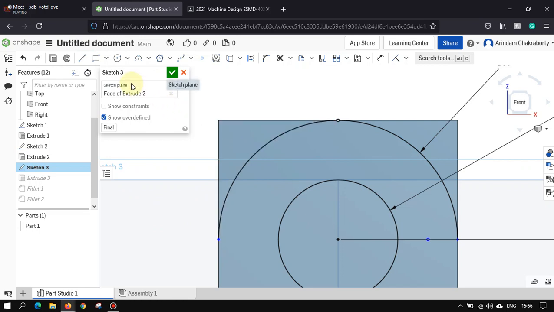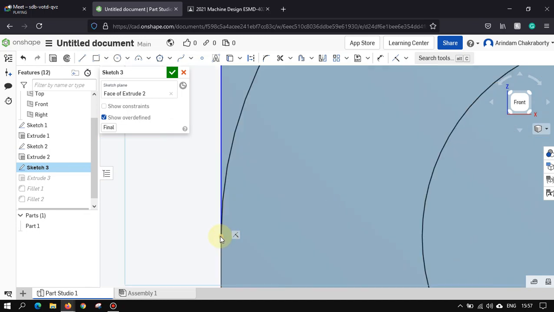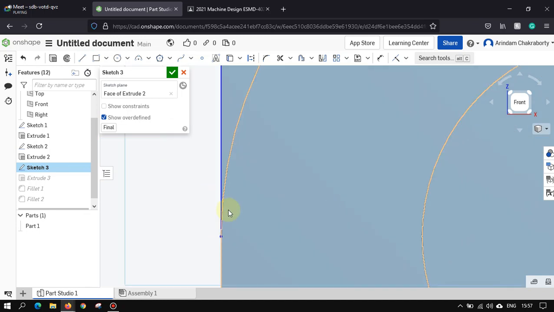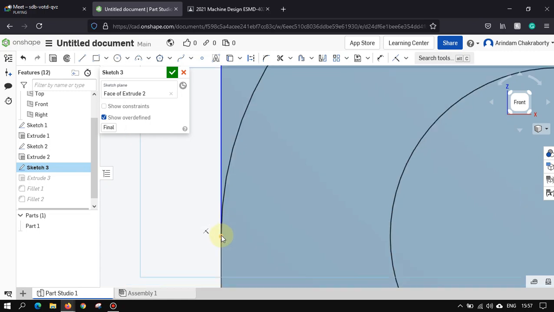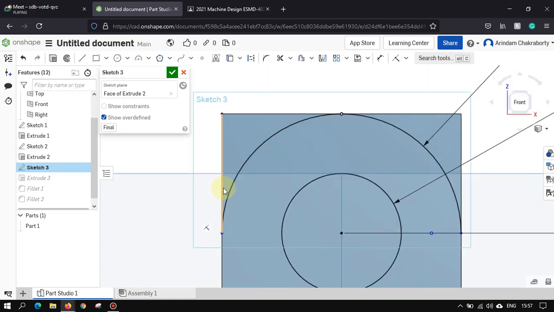There is a risk, a simple risk. What happens is that sometimes if you cannot hit on this point, there will be an intersection. Got my point? Exactly.